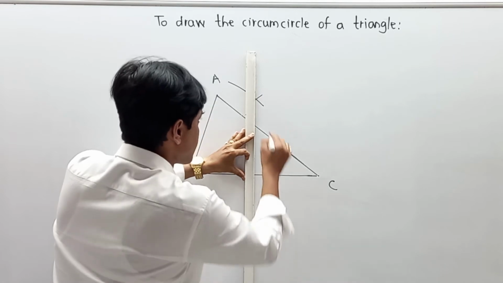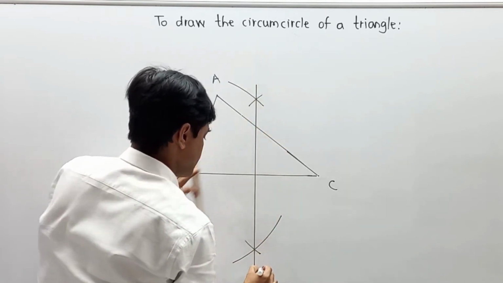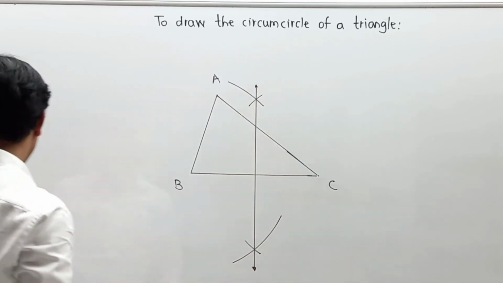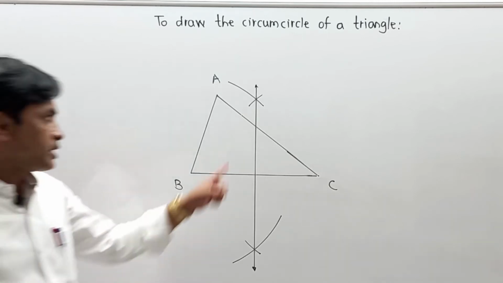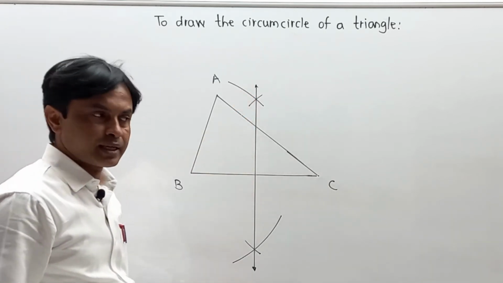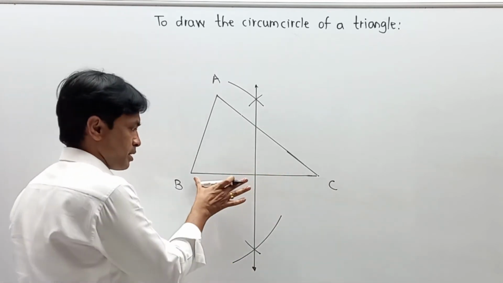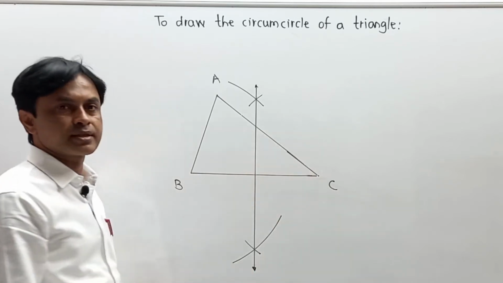So I am going to draw one segment over here, or you can say a line. Now what is the speciality of this part? Here we can say that this line is exactly the perpendicular bisector of BC, meaning the distance from B to this point and from C up to this point is equal.